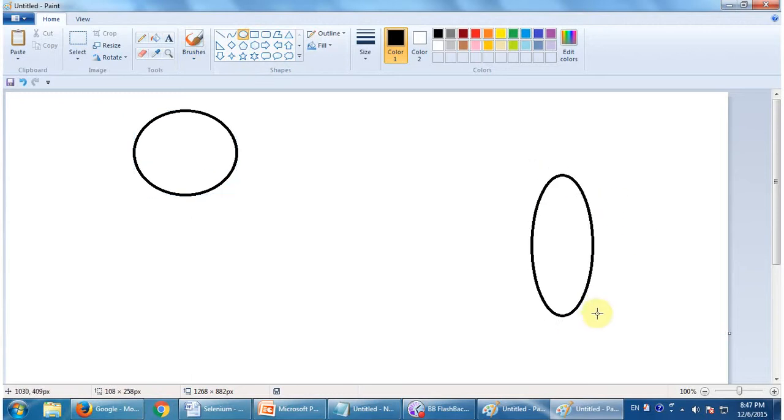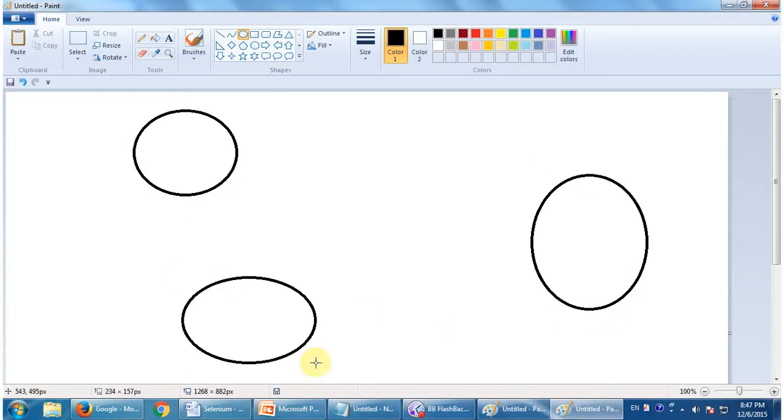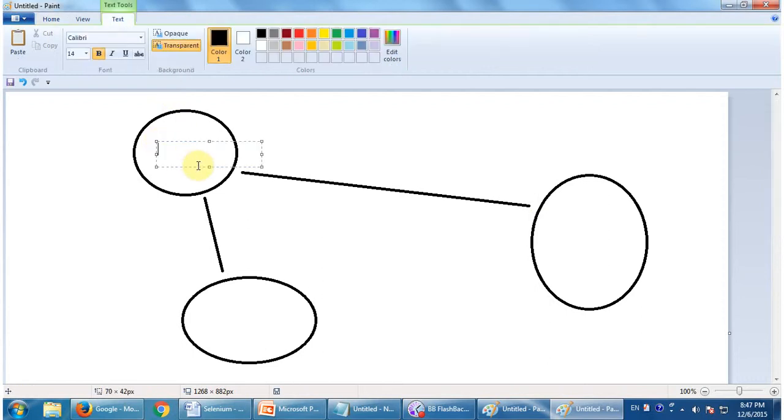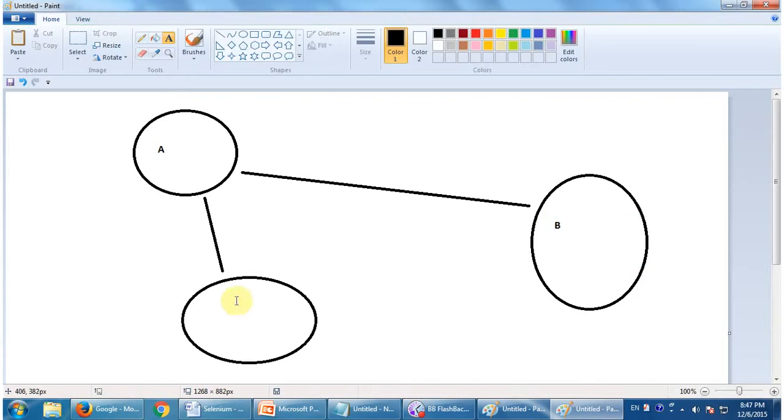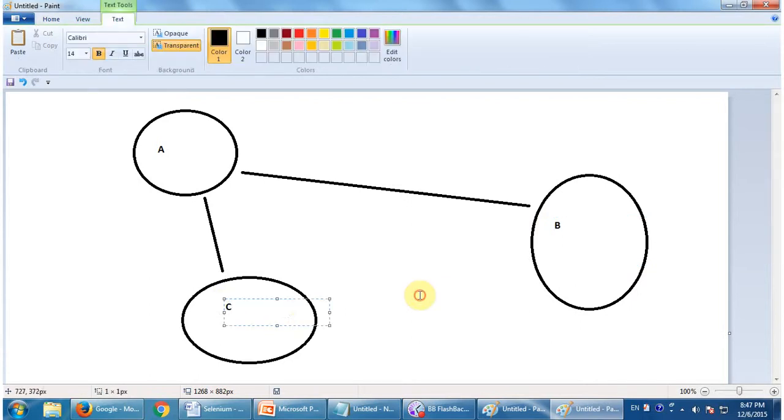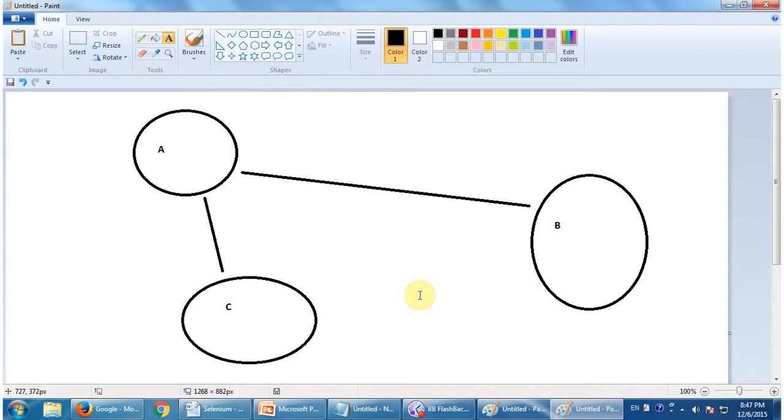Something like this, and your test will be executed in all of these nodes. These are first node, this is the A node, this is B node, this is C node. So each of these circles represents one execution machine. So we can distribute our